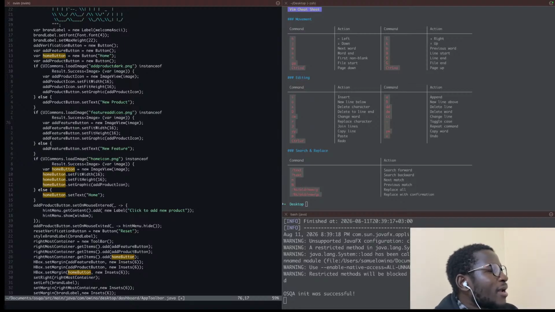This should be add feature icon, not add feature button. So I can just get rid of that and replace that with icon. And